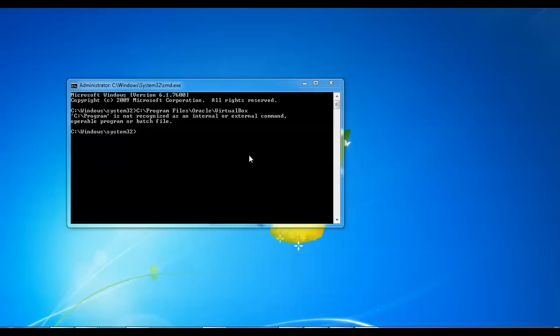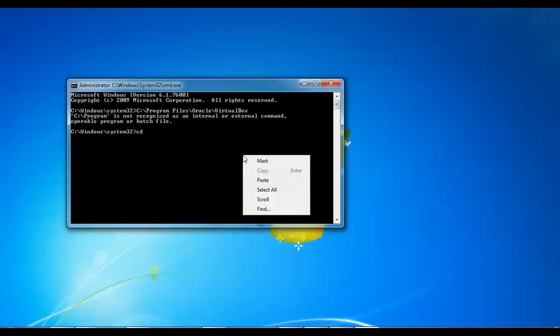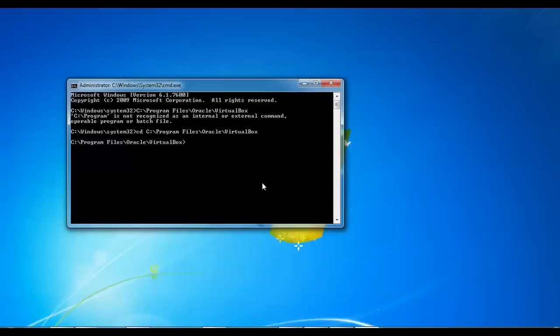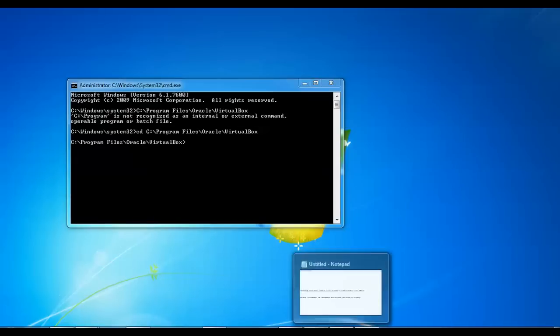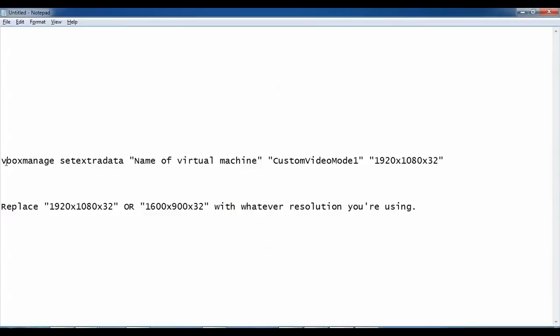While pasting, we get an internal error, command not found, which means just type cd and give a space and paste the command here, press enter. Now what I have to do is open this one. You need to copy this link and paste it in your VirtualBox. Here is the resolution which I have given in my Mac OS. The same resolution you need to give here also.